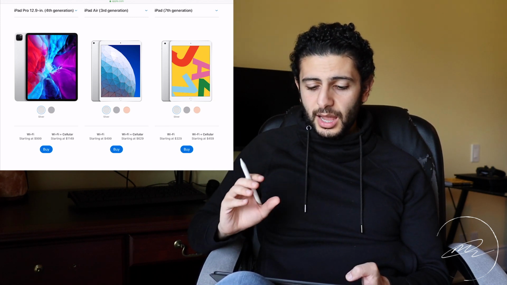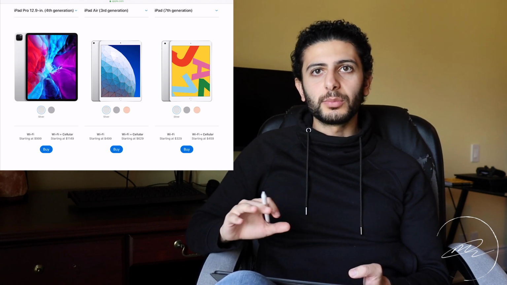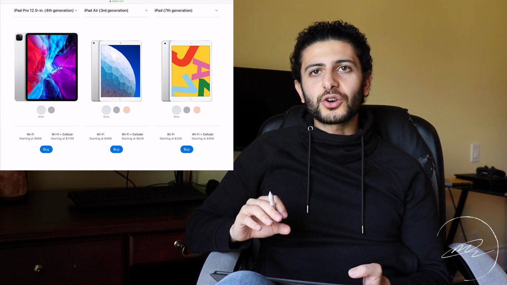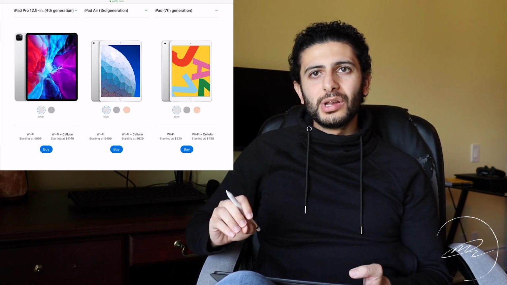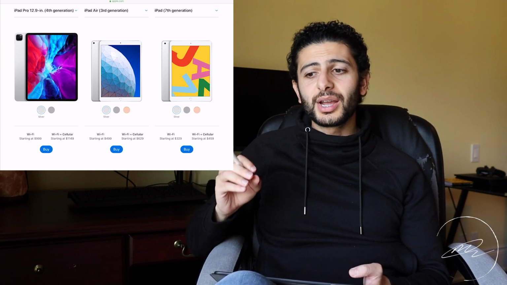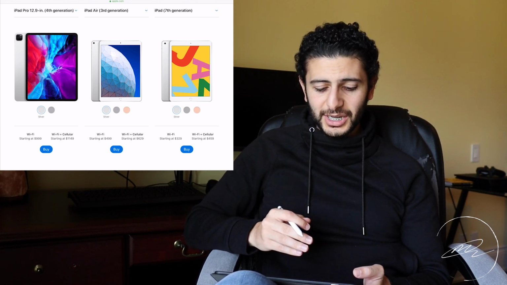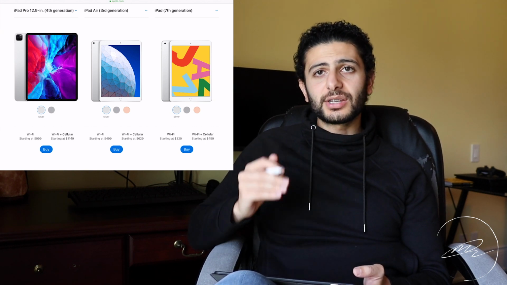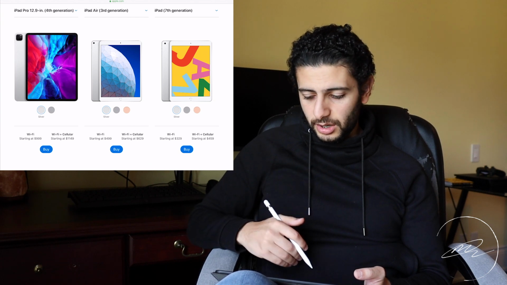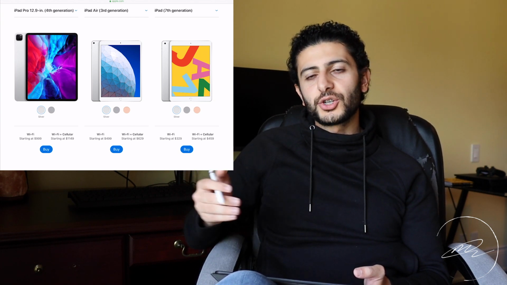So in the case of note-taking specifically, iPad Air and iPad are strong enough for taking notes. That's that. There's no argument about it. The iPad Pro in itself is enough in terms of replacing a whole MacBook Pro. So if you're thinking of getting an iPad Pro, you got to think about the price range, because the iPad Pro, you can see here, starts at $1,000 US. The iPad Air starts off at $500 US, and then the iPad 7th generation, you have it starting off at